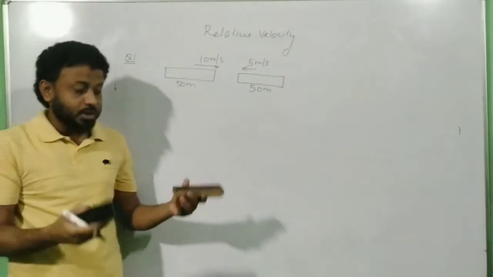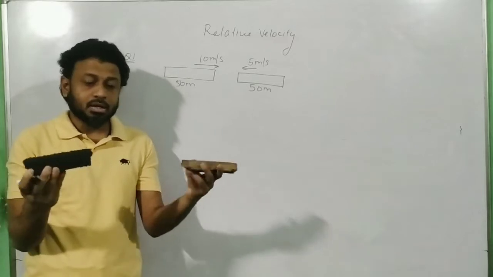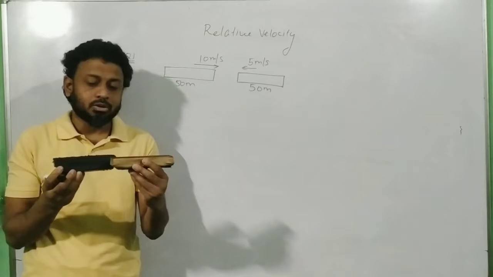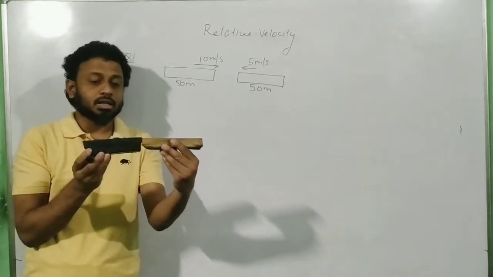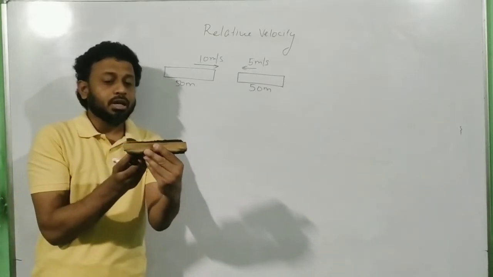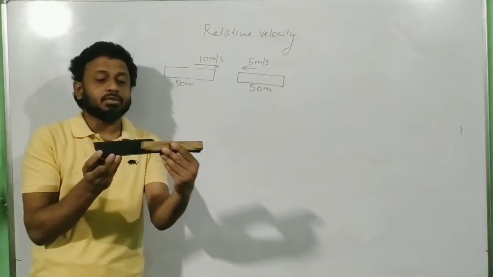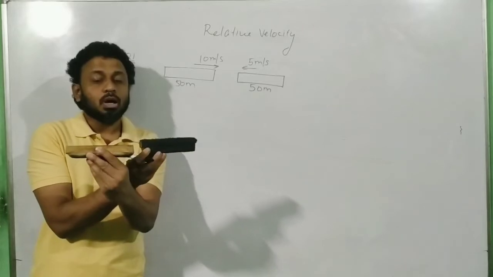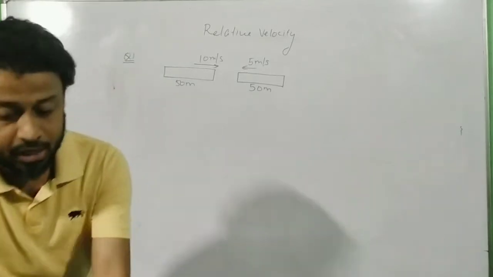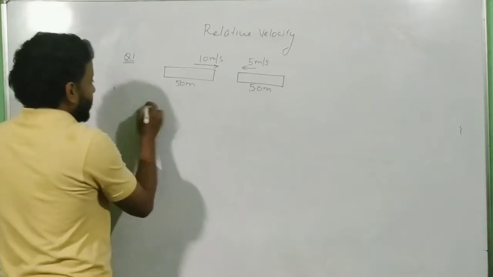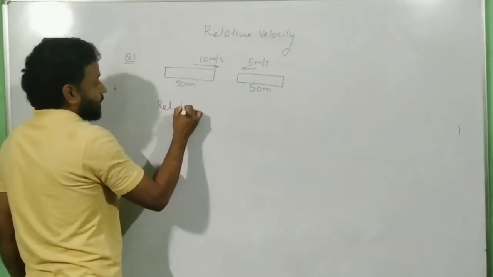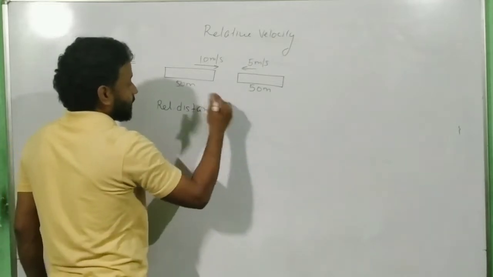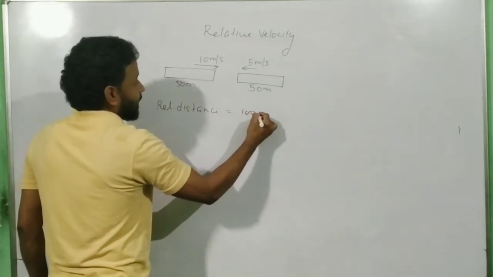If I consider these two as trains, one train coming from this side, the other coming from this side, if they have to cross each other, look at how much distance they are going to travel. This is how the crossing has started, and now they have overlapped each other. That means relatively they have traveled a distance of 50 meters. Now they have to separate also, so another 50 meters. Whenever this type of train question comes, always remember that the relative distance they have to travel is always the sum of the two lengths of the train, and hence the answer is 100 meter.